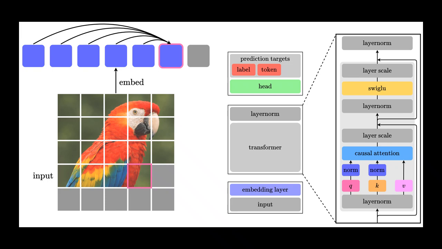This raises a natural question. Can we bring this autoregressive learning paradigm into the vision domain? The answer is yes. And one such approach is called Next Embedding Predictive Autoregression, or NEPA. Instead of predicting pixels, which is the main weakness of traditional generative vision models, NEPA operates entirely in latent space.